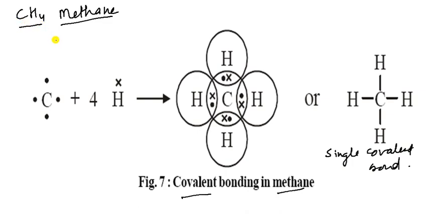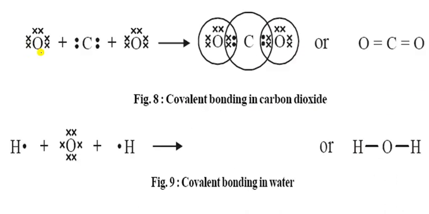So this is sharing with this and completes the octet. All of them form single covalent bonds. So this is the single covalent bond, you can see, and you can write single covalent bond. So it is the bonding in methane. You have to draw it in your copy. Let us see the next one, which one is coming after this.